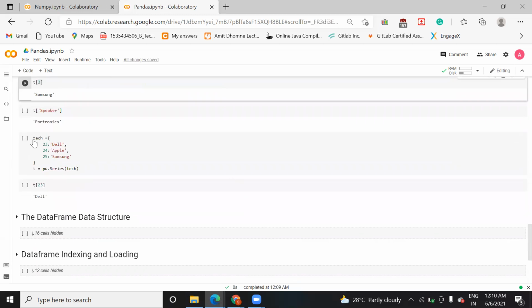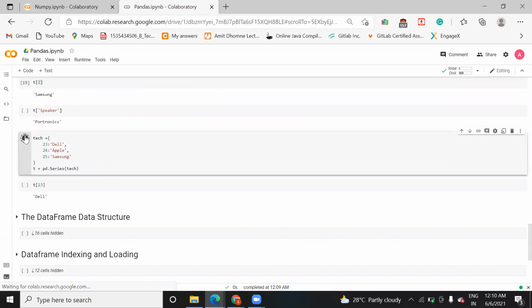Similarly, I have created one more data frame here, and I am executing it. You might have seen that I am using the same variable name and assigning multiple times. Python is a dynamic language, and in pandas or in Python, you can reassign a value as many times as possible. Let's take a new variable, tech1, and see it. When you run this, you can see it is printing this. And if you want to find the value present at 23, you can easily find it.